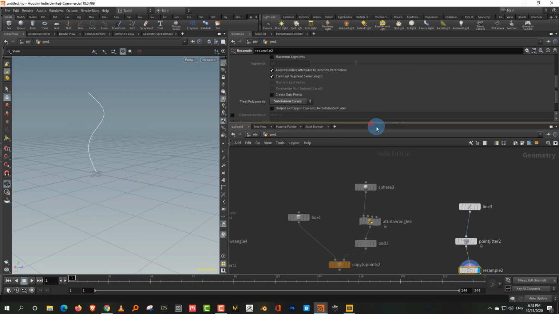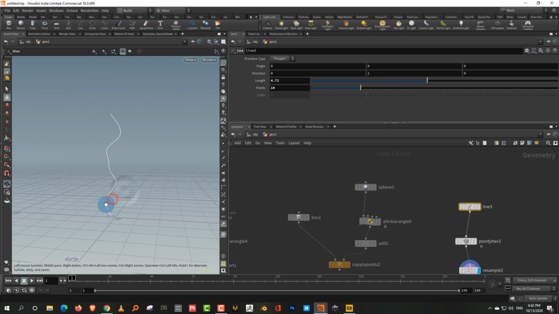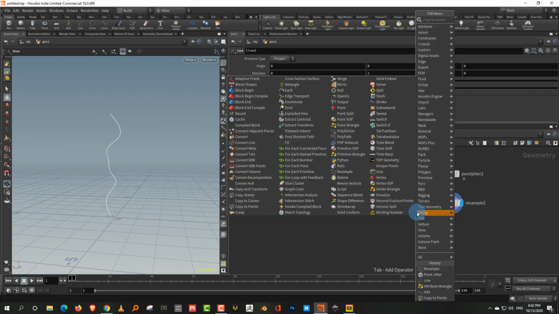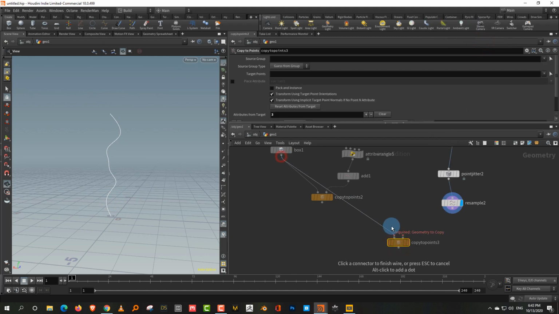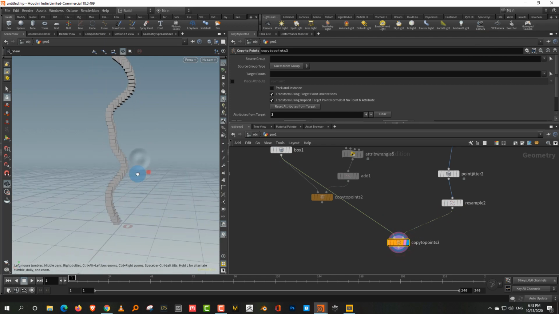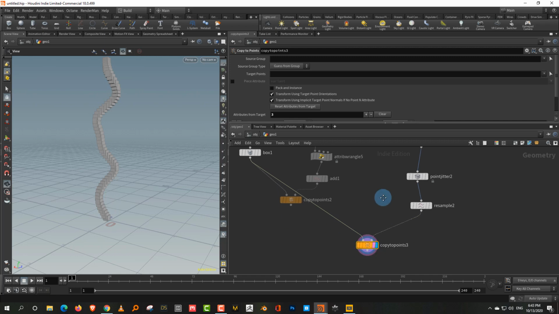Now, what if you want to align objects along this? Okay, so if I take a copy to points, and let's say I just take this guy and plug it in here, like this, for the curves it doesn't work. This is just pointless. Okay, so earlier